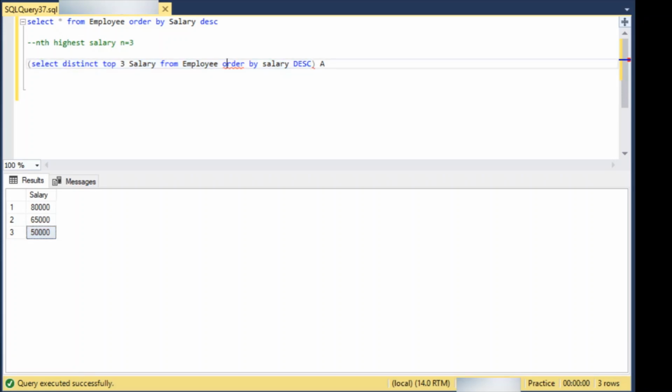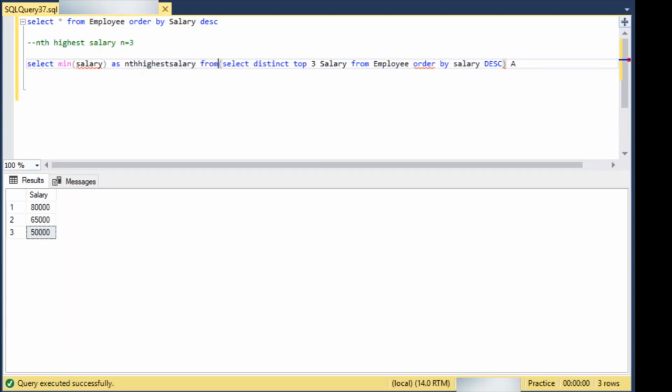So I will simply write a minimum query on top of this A query. I'll write select min of salary. Let me give it an alias. Let's say I call it the nth highest salary from the A query, or this select query that I have called as A. So now when we run this, we obtain the desired result, that is 50,000, which is the